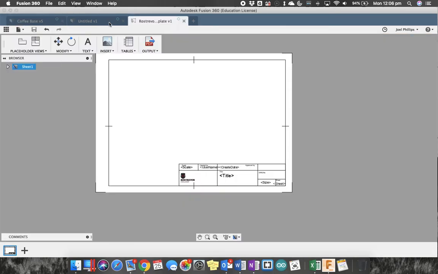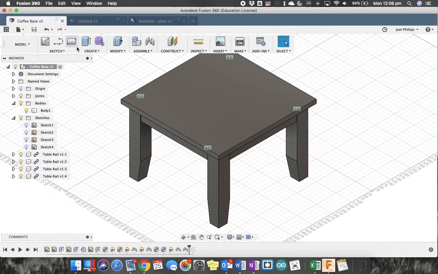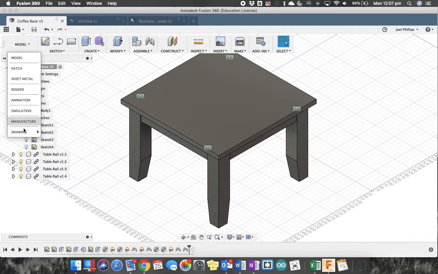in a drawing view on an A4 page that we can sort of take into the workshop. We're all going to do this for the coffee table, but you're going to be able to do this with your own projects afterwards, after I've shown you these skills. So you can go to the model icon up the top and go down to drawing, and we're going to